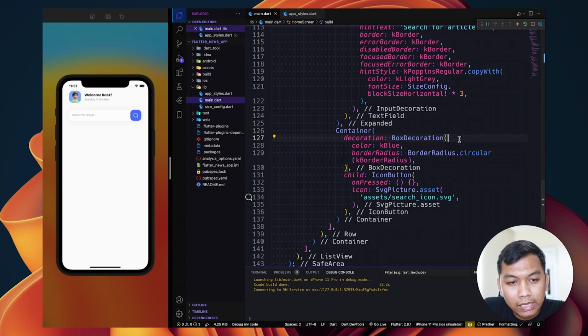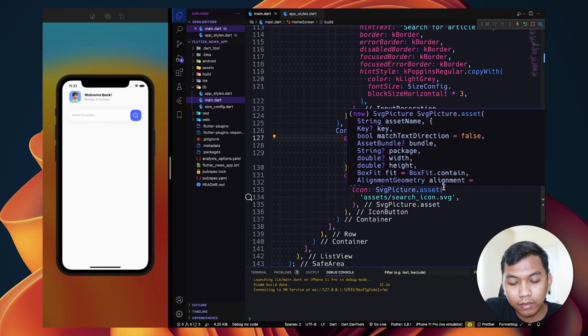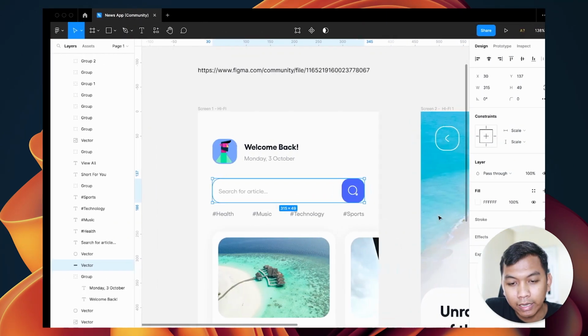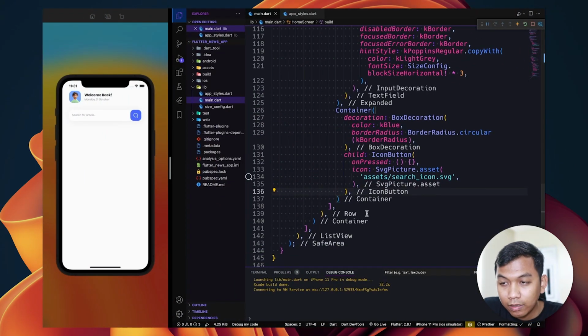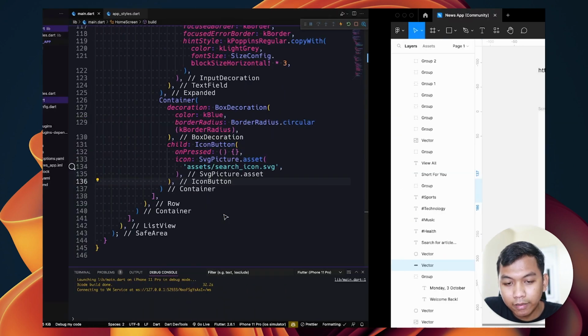Alright, so as we can see here, we have text field and we have icon button here. So yeah, it's same with the design. And again, below of this, we have tag and we have margin here.